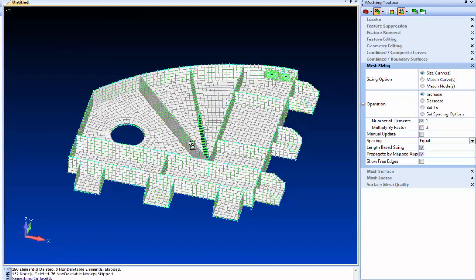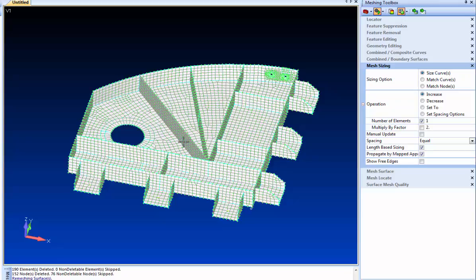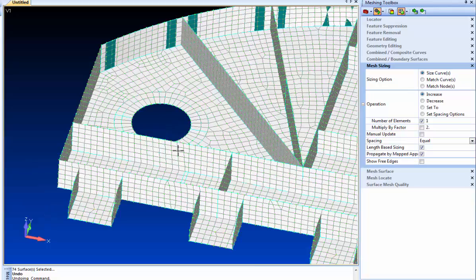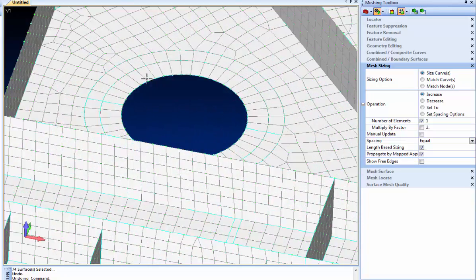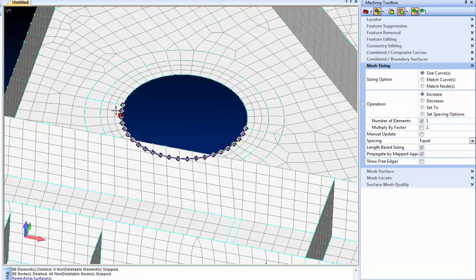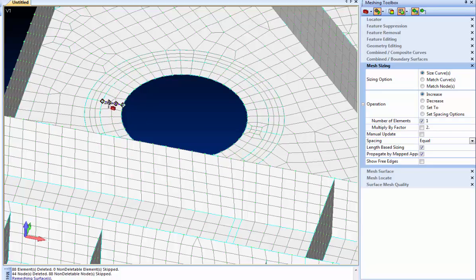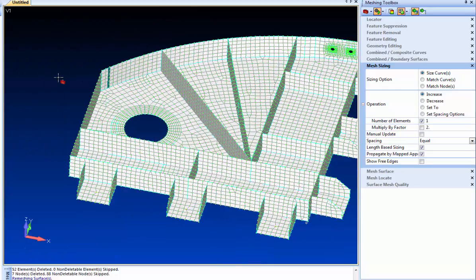Now, if I really wanted to control it even more, let me go back with a redo. We do have 99 levels of undo. So if I really want to control it more, we could use our meshing toolbox here, and I could juice up the mesh sizing around this hole. And let's just say I'm going to go even one more. Same thing on the outer ring. So now the map mesh is, well, let's keep going. We'll give even more resolution. This will be fun. So now we got that hole kind of juiced up, and you'll see when we do the update now,